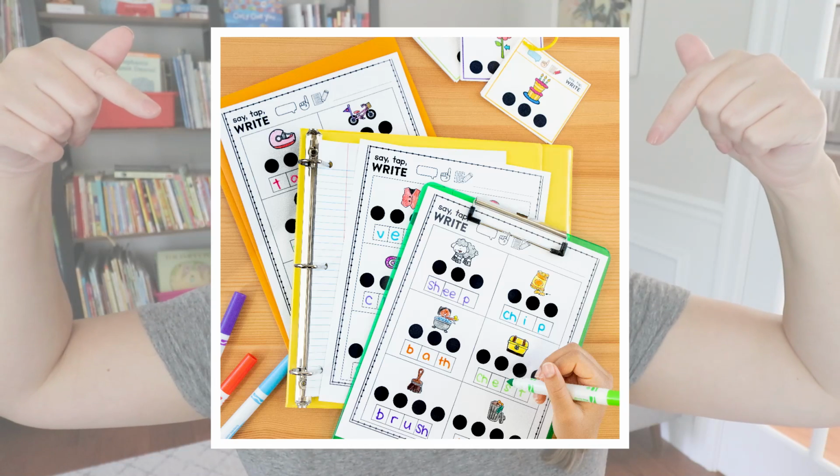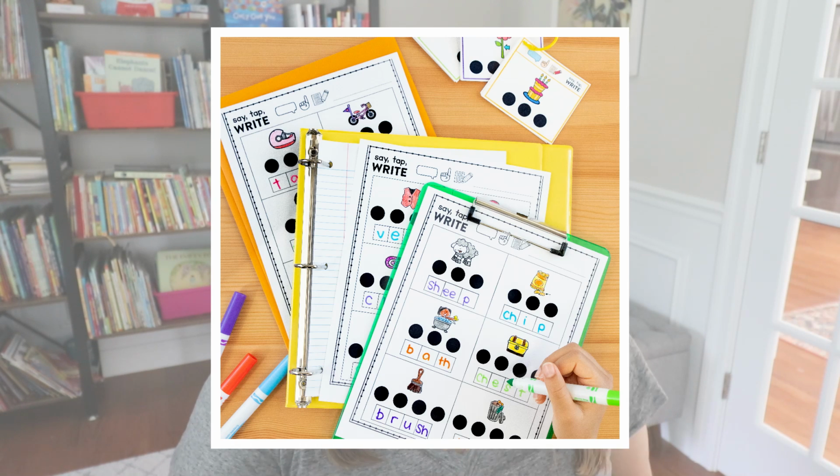I really like. So you may want to use this in conjunction with, say, Spin, Say, Spell, or you may use it separately. It's up to you. But this one is called Say, Tap, Write. Now here there are two different options. You can see up in the top there is a little ring card, and then there's also a printable version